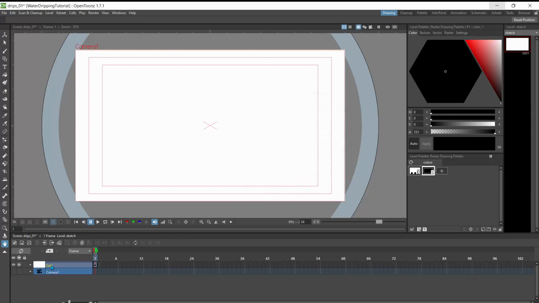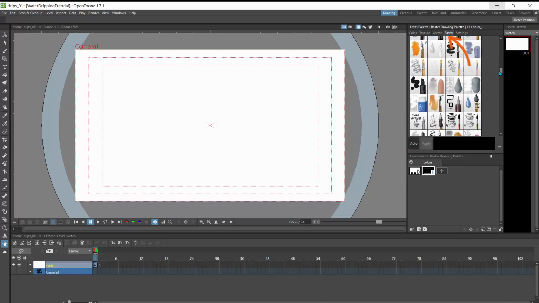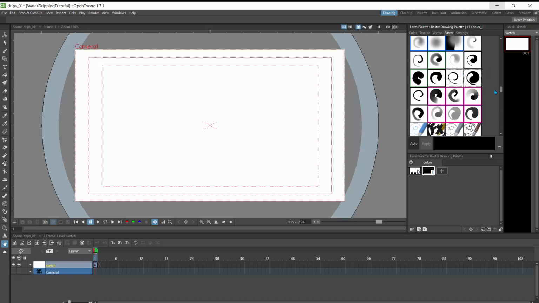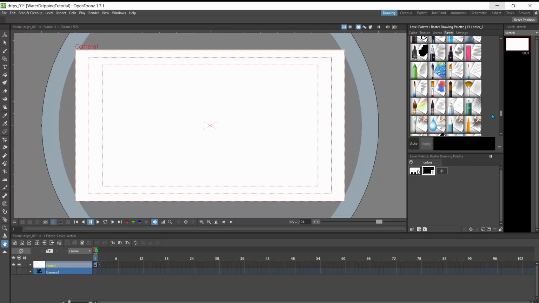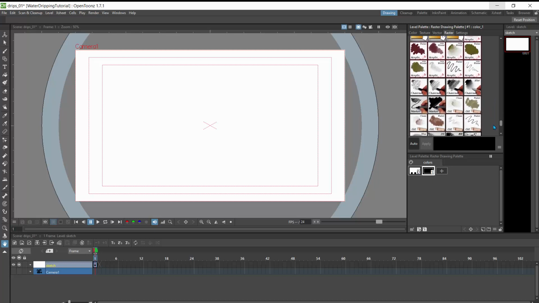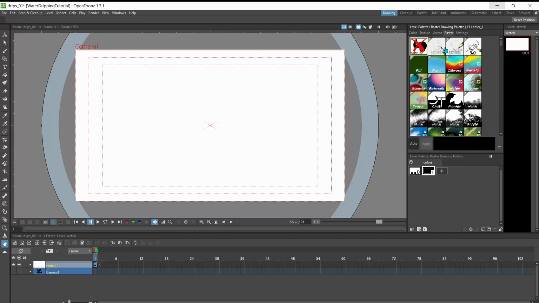So here we have the level name. I'll just call that sketch and hit the return key. And once we've done that, what I want you to do is head over here to raster and click on that, and you can see a series of built-in and default brushes, erasers, ink pens, some texture brushes, some crayon. Basically, you can use this to create your background, and you can actually see some samples of what these actually